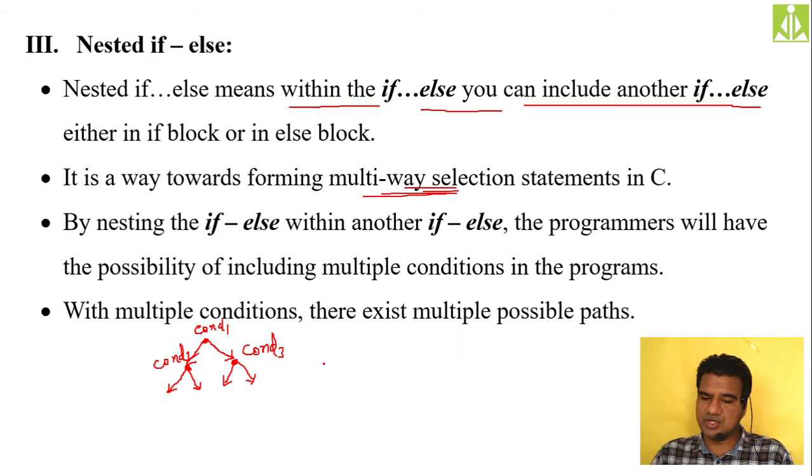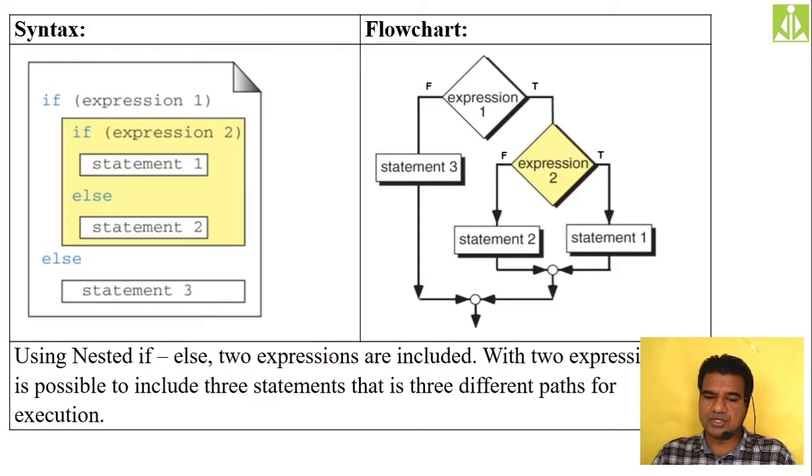So likewise I will show you with coding this one. See here, inside the if part only I am keeping another if else part. So this is my actual if else. Okay, this is my actual if else. Then what I am doing, I am keeping another if else inside my if part. So over here when I am keeping another if else inside my if part, I am getting one more condition. This is my outer condition and this is my inner condition.